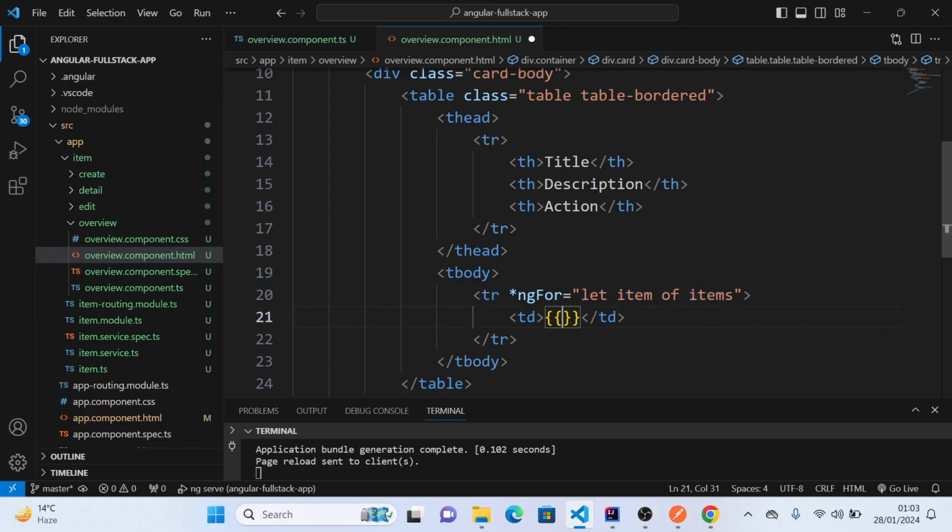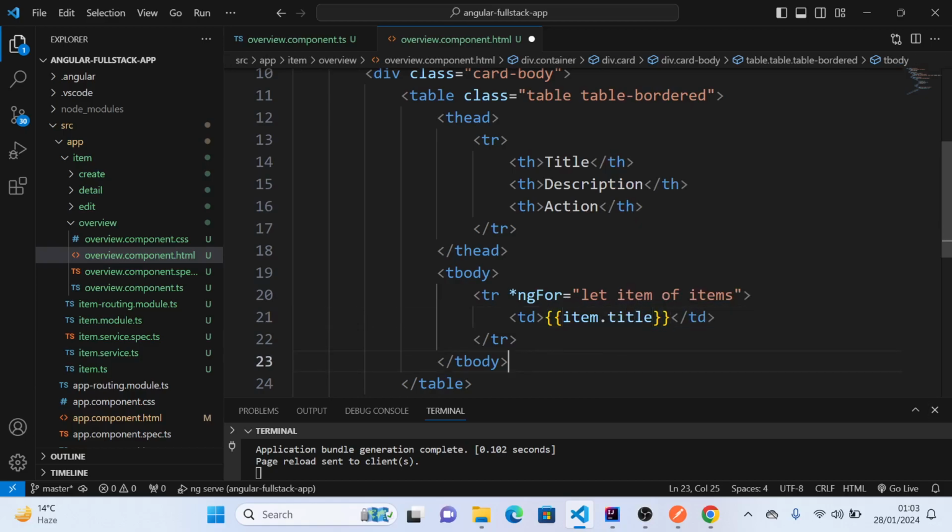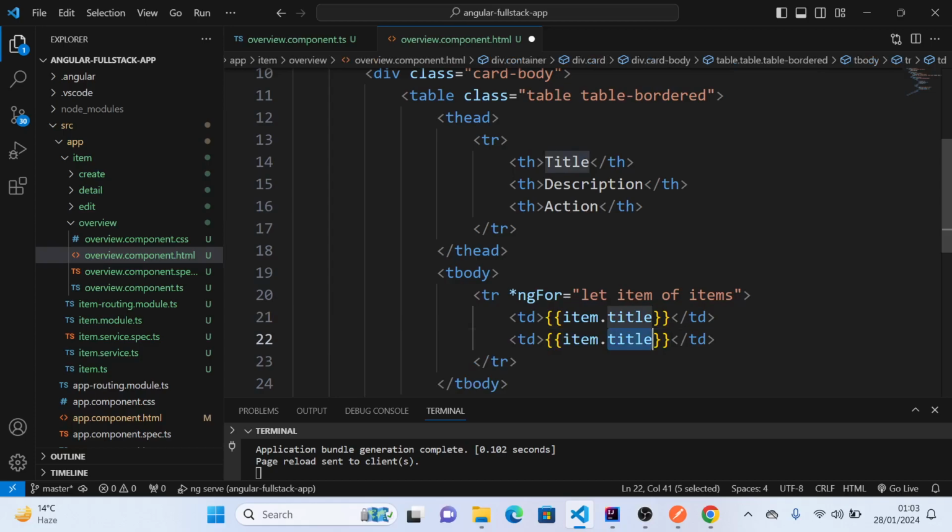So we have here item.title. Alt shift down arrow. item.description. It's a small d, and